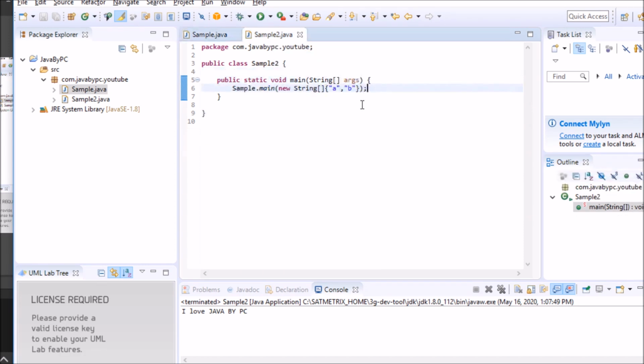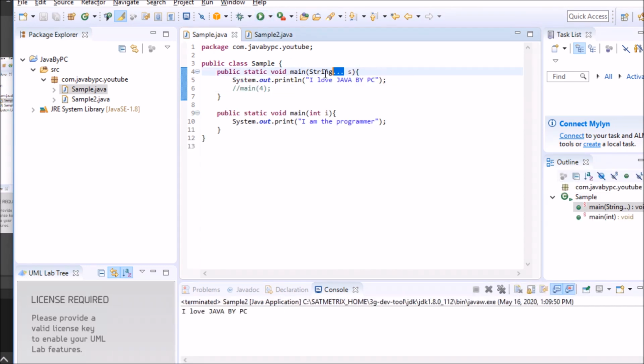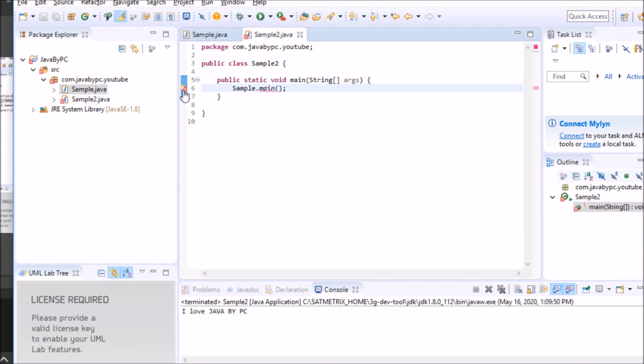So let's try this. Here we are calling this main function without passing the argument, and it's not giving any compilation error. Let's run it. It successfully ran. But if you have the array type, then it will give you a compilation error because it needs an argument to call the main function.